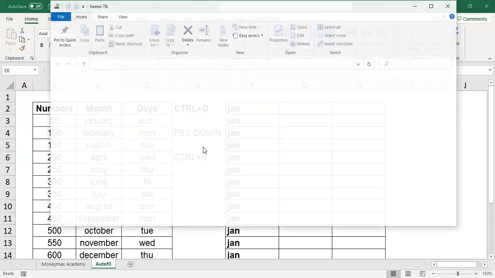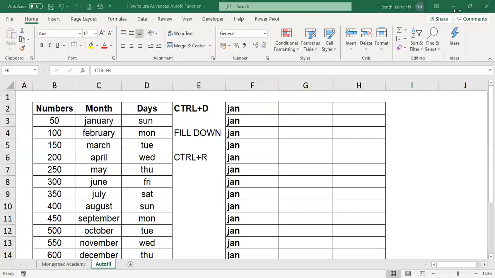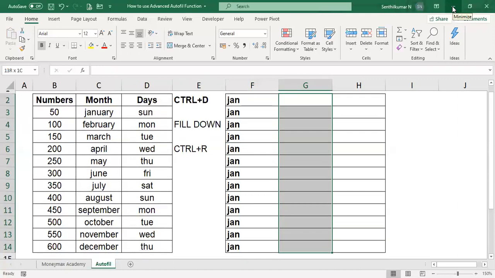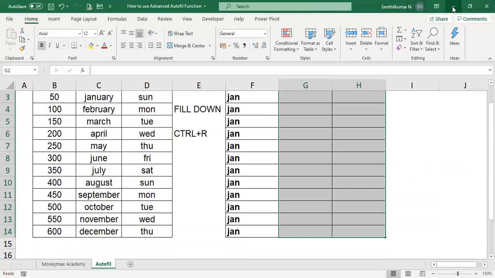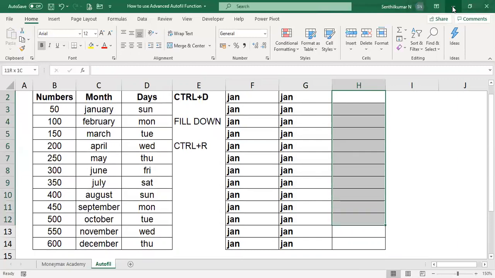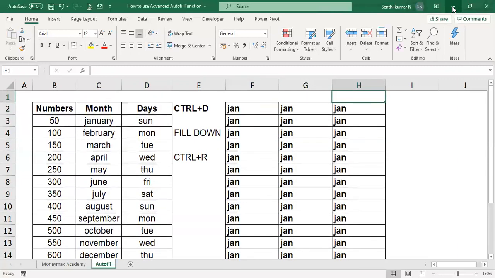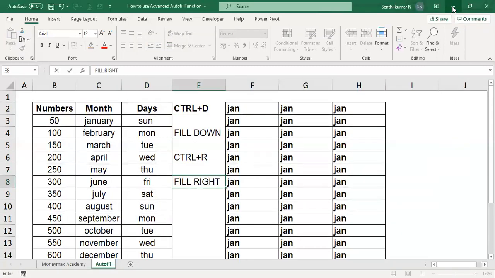That's all. Now we want to make it go right, so you have to select the data and press Control R. Control R means fill right.